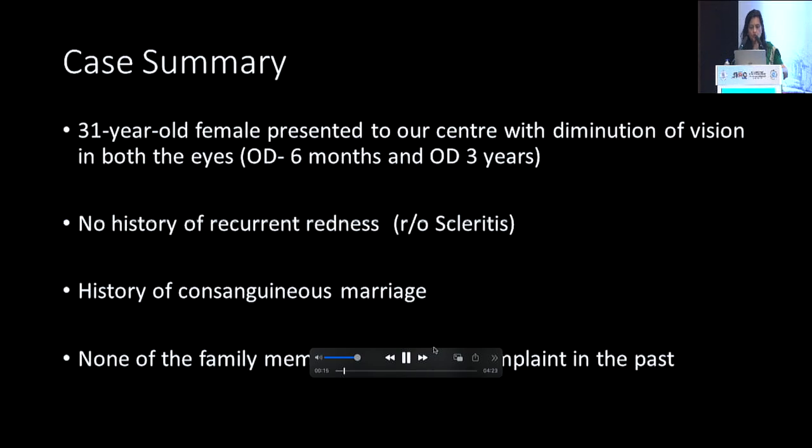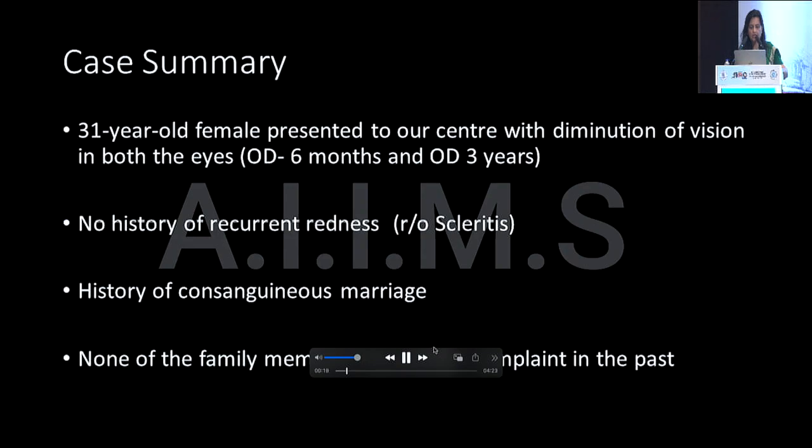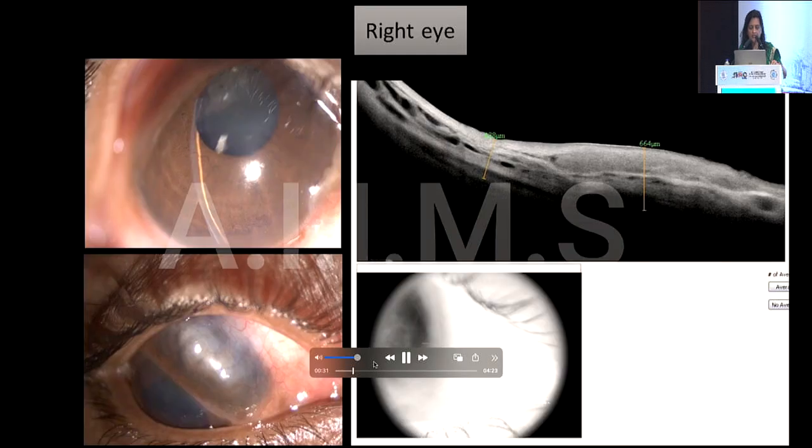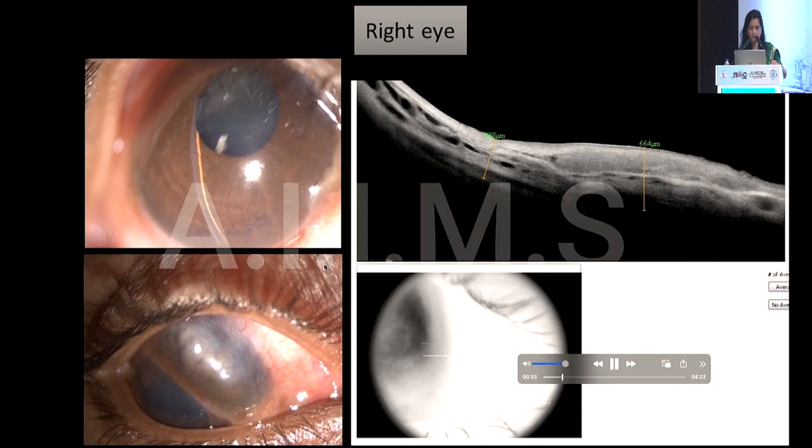A 31-year-old female presented to our center with diminution of vision in both eyes. The patient has malar hypoplasia with a broad nasal bridge and a beak nose, and she was one-eyed. You can see that in this eye she had no vision at all. She was PL negative, and in the other eye, which did not have opacity, it had an anterior